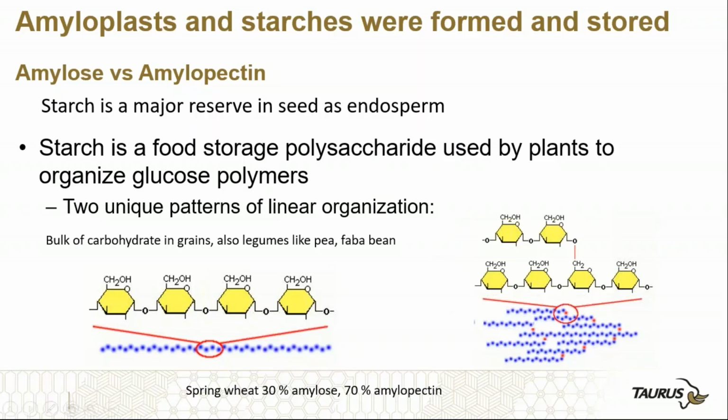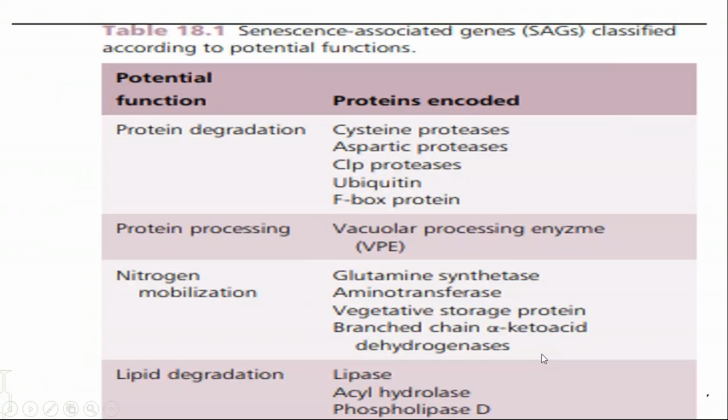and you get a sudden release of sugars. So that's why people will say with bread, it's like eating a couple tablespoons of sugar, because 70% of wheat is amylopectin, so it's broken down very, very quickly, and the glycemic index is extremely high. So a lot of work is going on to produce waxy kinds of grains with more amylose, so that the amylopectin isn't broken down nearly as quickly. But in the plant, that is what gives you the sugars to build a new seedling. And there's a whole bunch of proteins that are encoded in terms of senescence, just like glutamine synthetase, for example, which is upregulated.